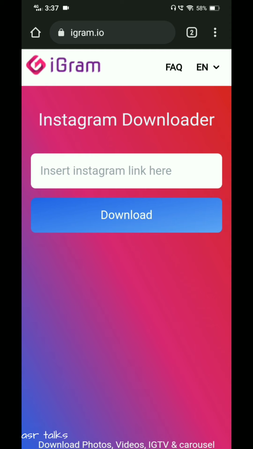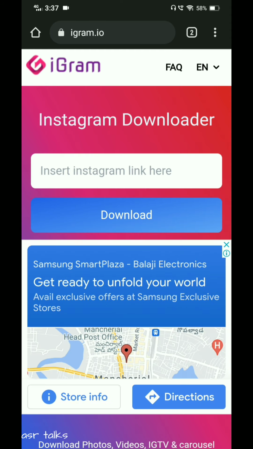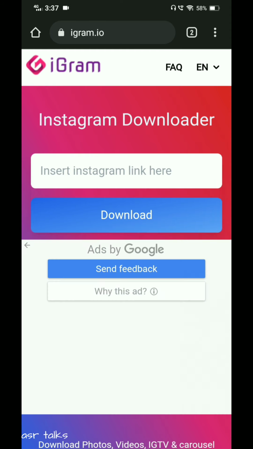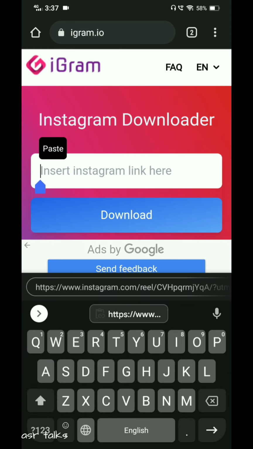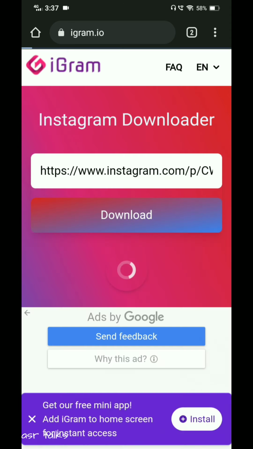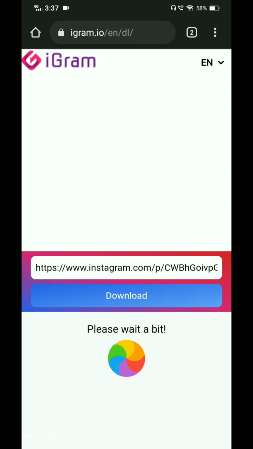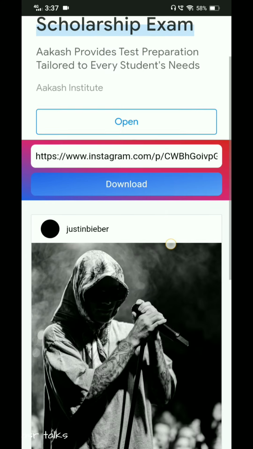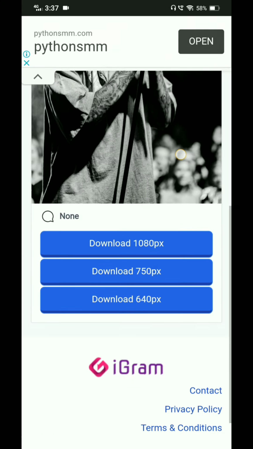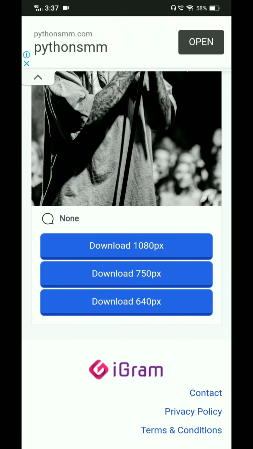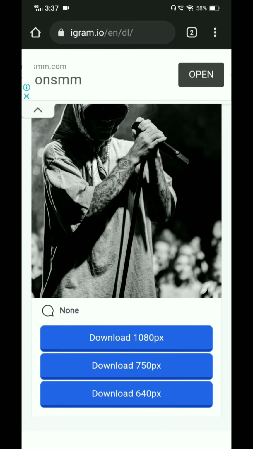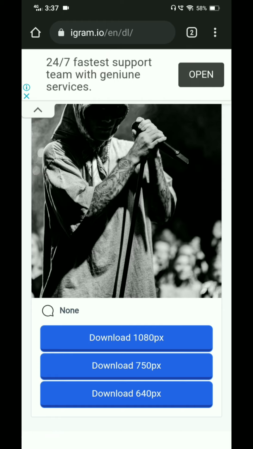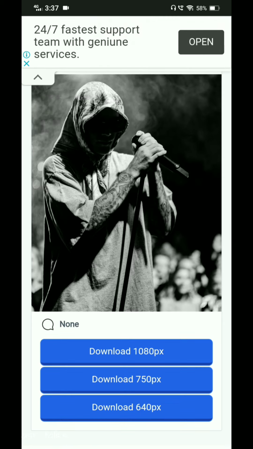You can see igram.io. Here it is the easy way. Like, here I am pasting the Instagram link direct here and clicking on the download. After clicking on the download, here you can see the photo got displayed here, and it also gave us options like download in 1080px, download in 750px, download in 640px, and I prefer download in 1080px.